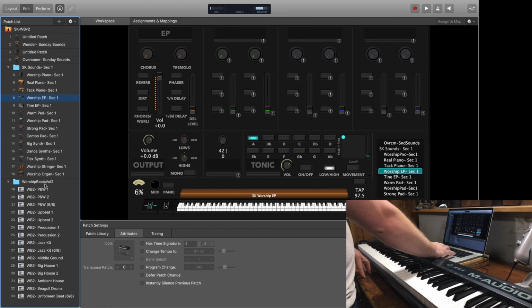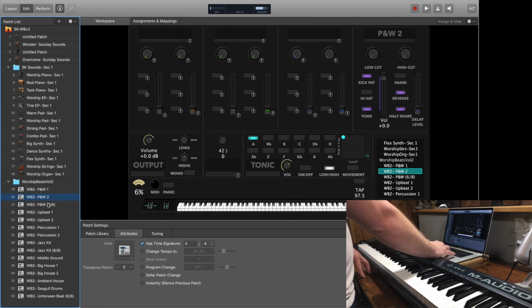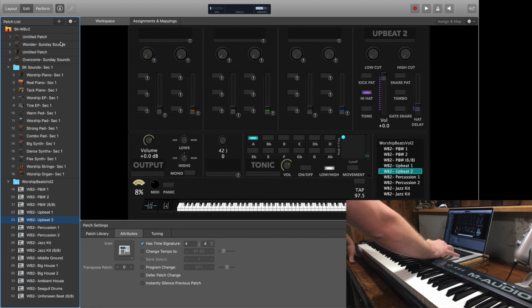One note about these patches is that they are a little bit RAM heavy. They're not CPU heavy, but they do take up some memory because of the samples that are loaded into MainStage. And so I would recommend not having these all open all the time unless you need them to all be available to you. I always recommend, even with just the stock Sunday Keys patches, that you keep your concert as